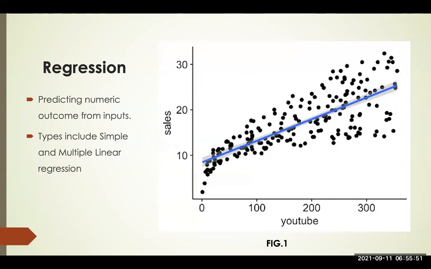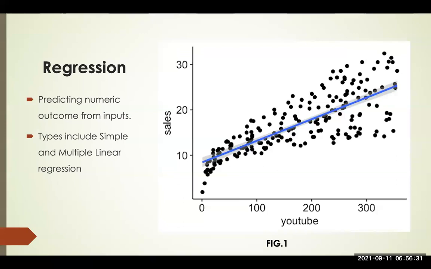If your goal of building the model is to predict a numeric value, then it is a regression problem. Like predicting the price of houses, predicting weather data such as the weather for tomorrow, or the stock market price. That's a regression problem because your goal is to predict a numeric variable. Like you want to predict the sales of a particular YouTube video, but you are using the views as a variable.